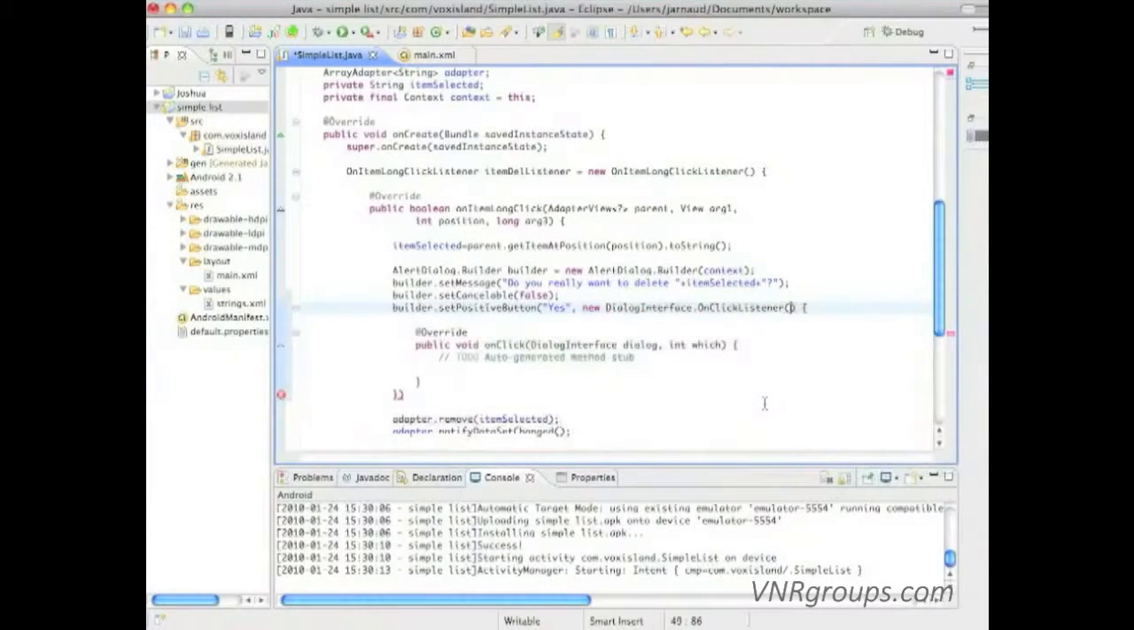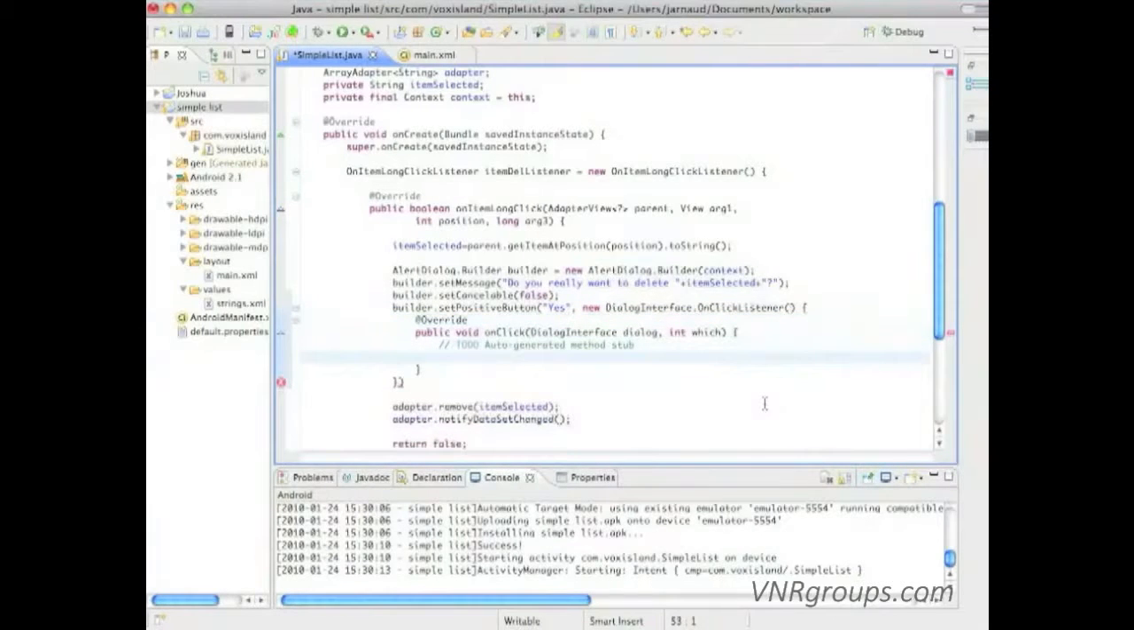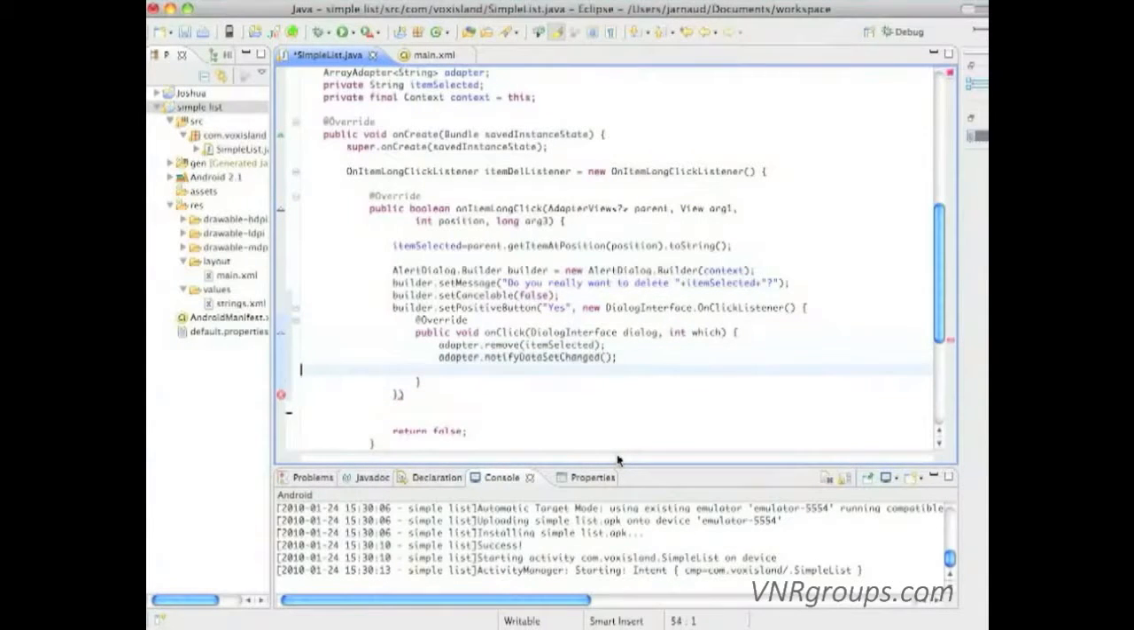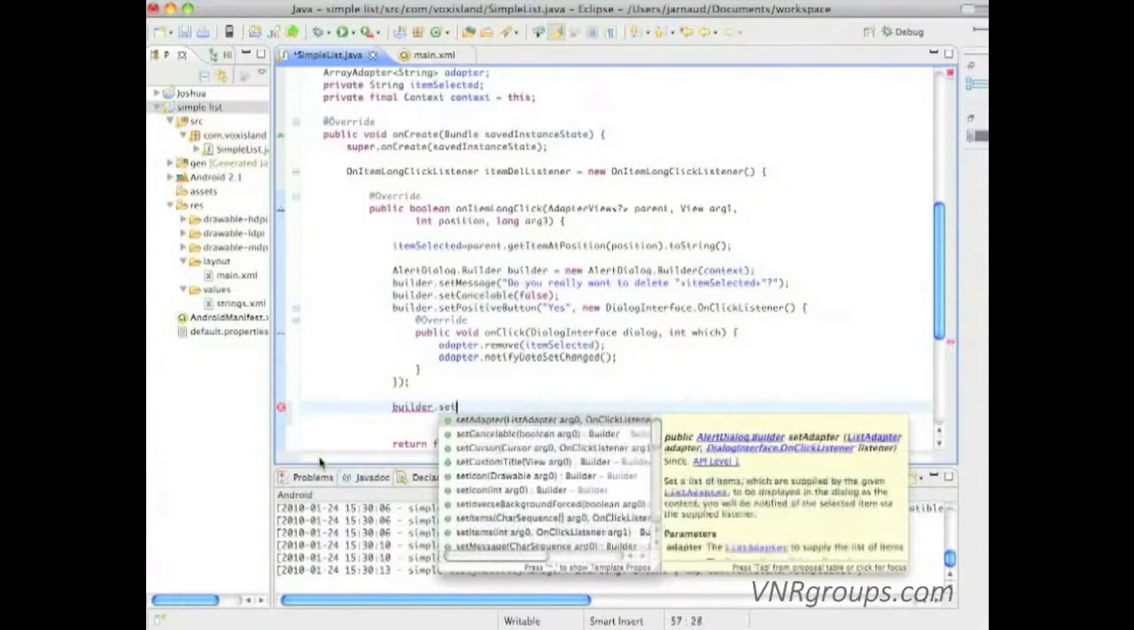So I'm creating now the positive button. It's a new dialog interface on click listener. So now you're more familiar, I'm sure, with the concept of listener. In this on click listener, so when I click on the yes button, I'm just moving the code that is removing the item from the list. I'm gonna set a negative button